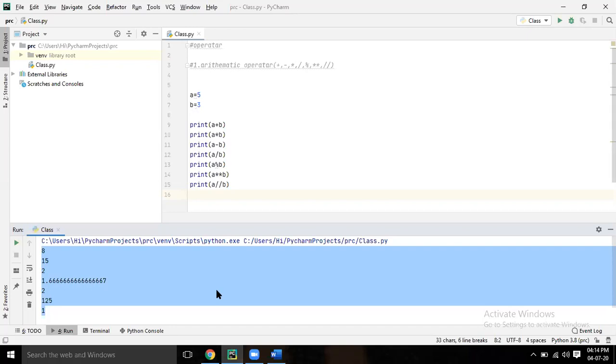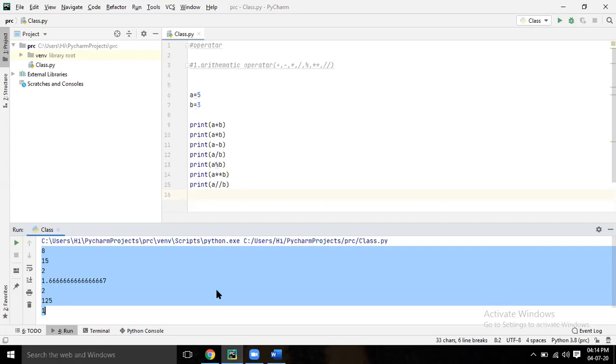Now double star is nothing but your exponential, that means power. 5 to the power 3 equals 125.